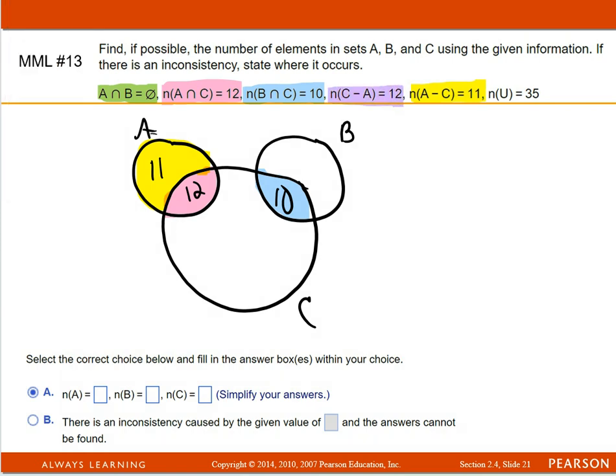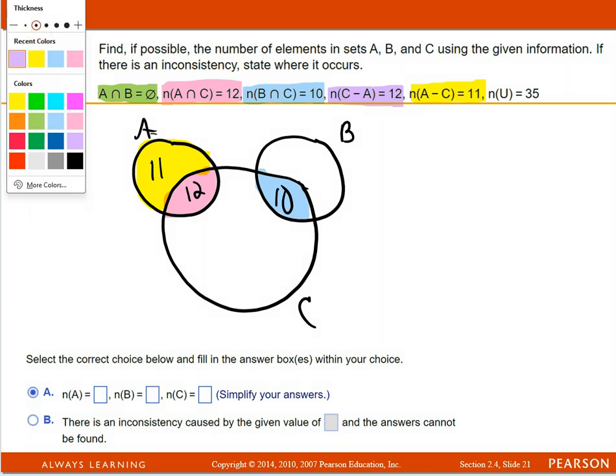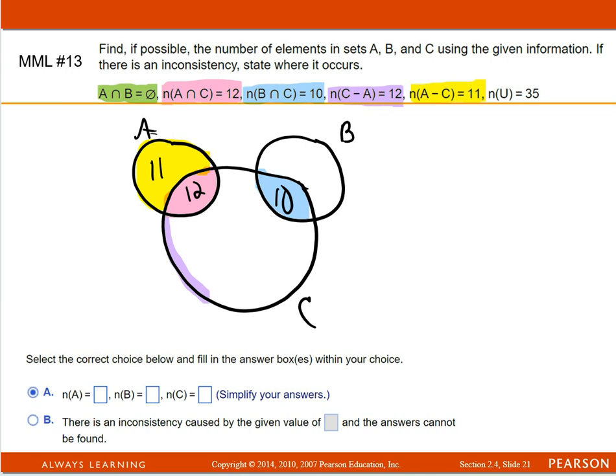C take away A is 12. Okay. C take away A, let me make that a little smaller. C take away A is going to be, here's all of C, but when you get over here, you're taking out A. So inside that purple outline, there should be a total of 12, but I've already got 10 in the blue area, which means the rest of this has to be 2. So the rest of this purple has to be just 2 because you've already got 10 right here in that